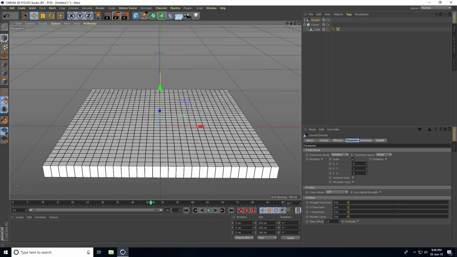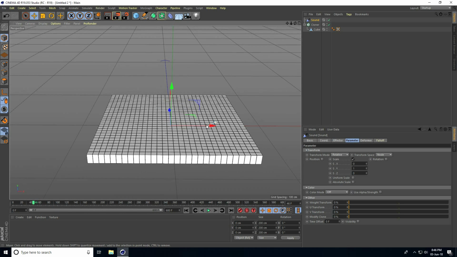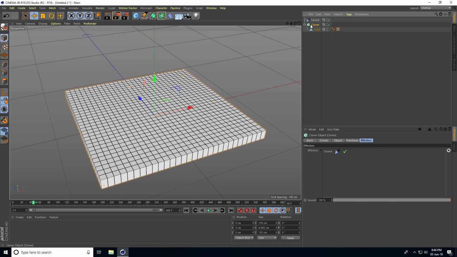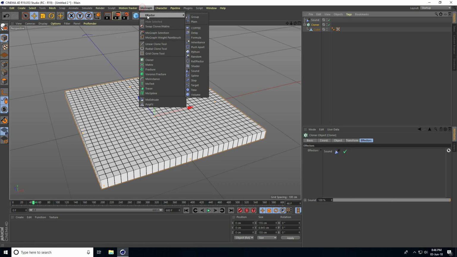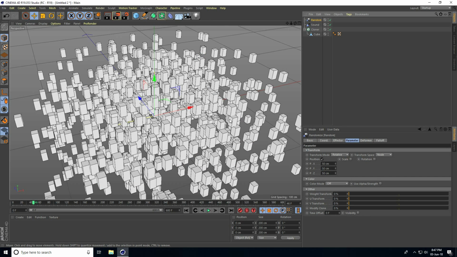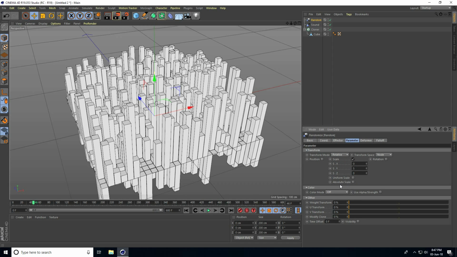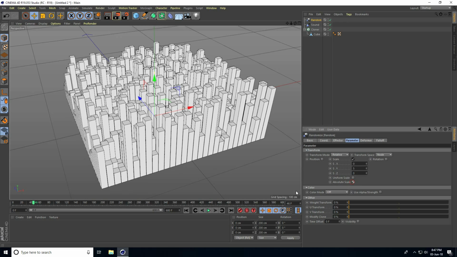Right, I increase the frame count to like 600, and now I apply random. So select the cloner, go to MoGraph, Effector, use Random. Same, position uncheck and scale size check. Y scale size this time take 5 and absolute scale check.